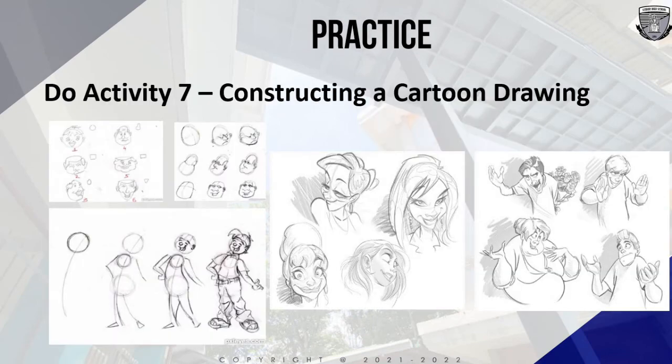And for our activity 7, you're going to construct a cartoon drawing based on the drawing below. As you can see here, you will draw sample faces with different shapes. This one with a rough outline and the actual drawing itself, and the different faces and body shapes. All of this will be drawn on bond paper. This one and this one will be placed in one bond paper, and this one and this one will be placed on another bond paper. So for activity 7, you will be submitting two bond papers drawing the following.